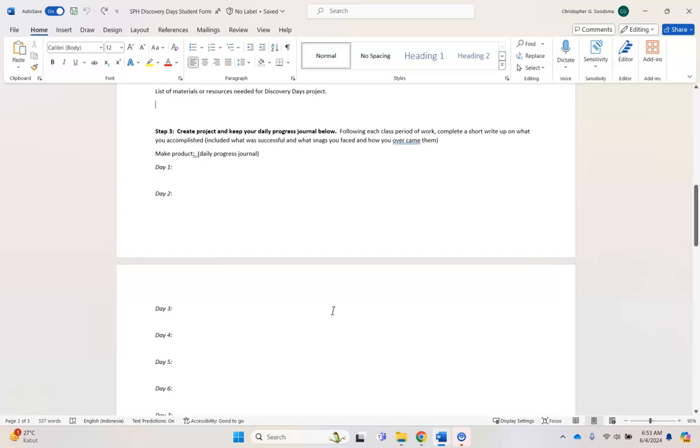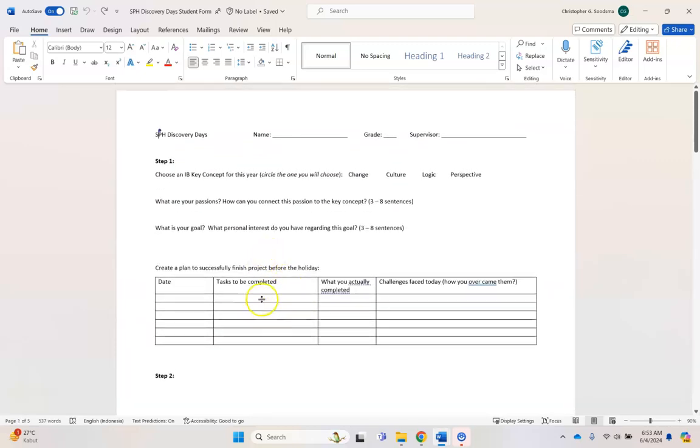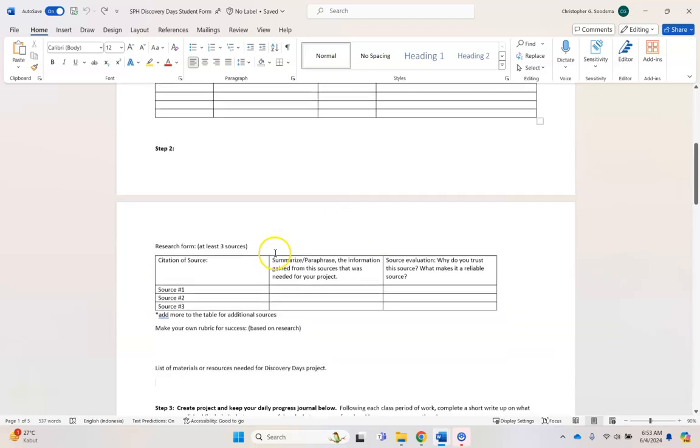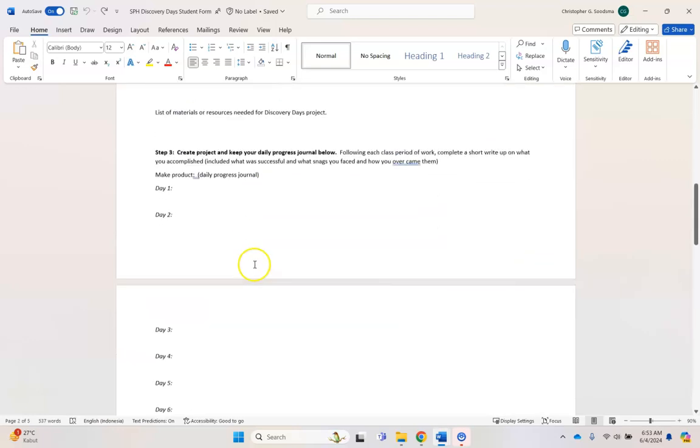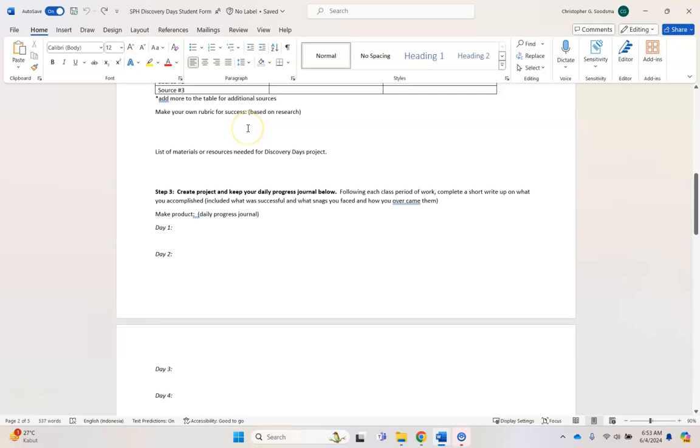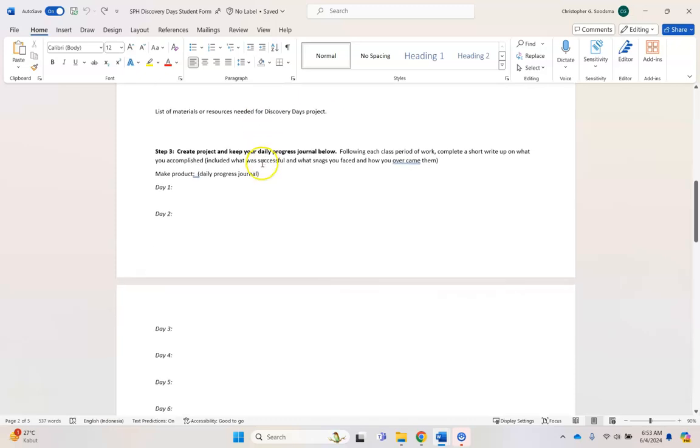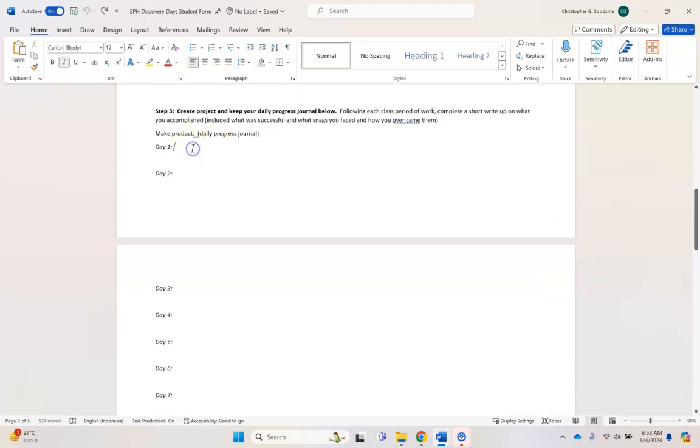After that, each day you'll be working on completing your checklist up here of what you need to do, your plan to be successful. You will be working to make a product that meets your own success criteria. And then every day that you're working on the project, at the end of it, you'll write what you did and the accomplishments, the things you did, just a little journal. Your supervising teacher will check this every day.